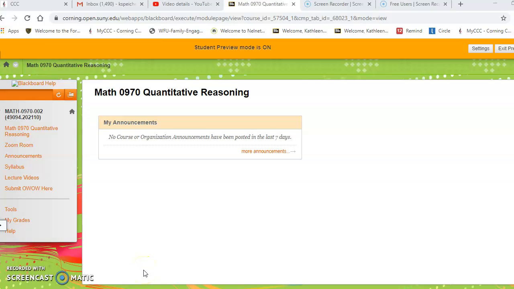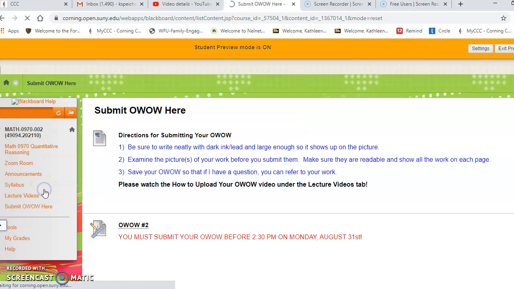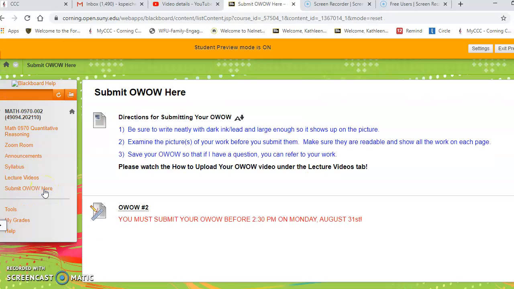Hey everyone, I'm going to make a quick video to show you how easy it is to submit an assignment through Blackboard. So when you're in your course, on the left-hand panel now, you're going to see an option that says Submit OWOW here. When you click on that, there's some directions at the top just to remind you to